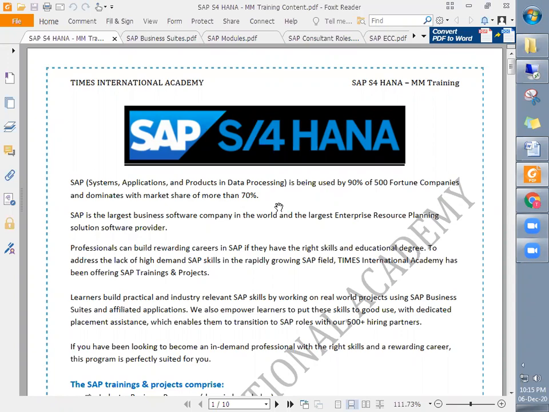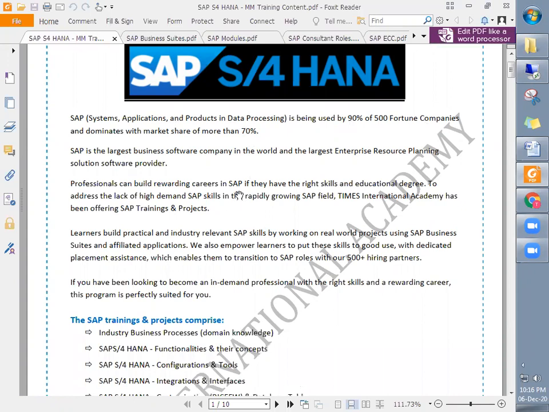That is why this is the largest software used in companies. And 90% of Fortune 500 companies are using SAP. So now we can understand its influence. SAP is the largest business software company in the market, and the largest enterprise resource planning software provider.